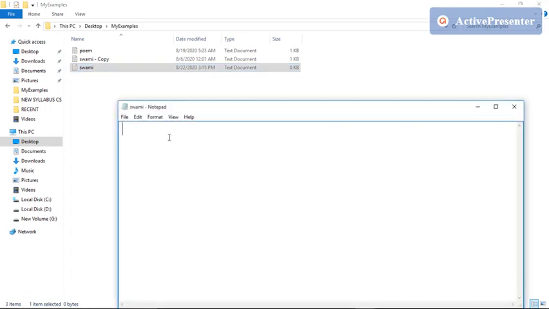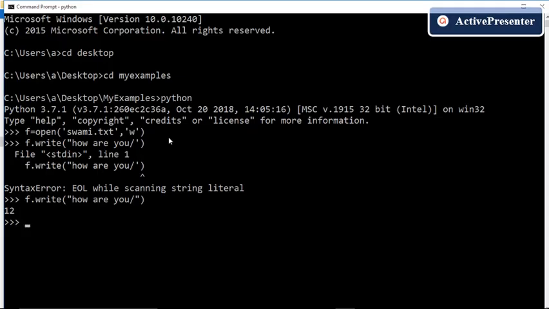Okay, we can see that nothing is reflected here, means whatever we have written using write command is not reflected into the original file, that is the file that is present on our hard disk.